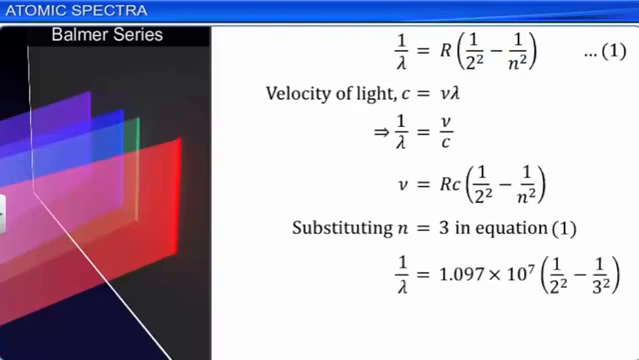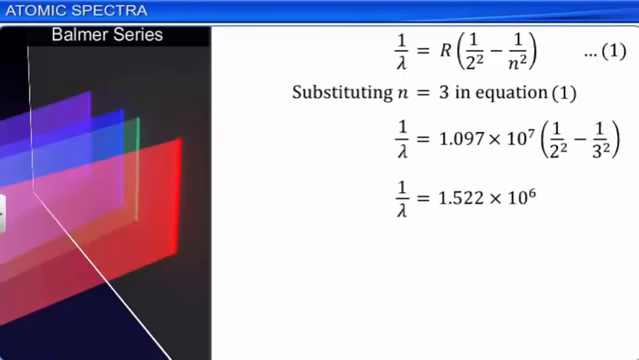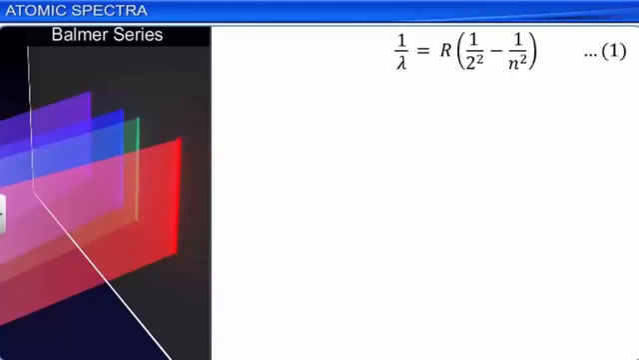Thus, lambda is equal to 6563 angstrom or 656.3 nanometer. This is the wavelength of the H alpha line of the Balmer series in the red of the visible region. For the next line of the series, the H beta line, we have n equal to 4, and for n equal to 5, we obtain the H gamma line of the series. By putting n equal to infinity, we obtain the limiting wavelength of the series, which is equal to 3646 angstrom